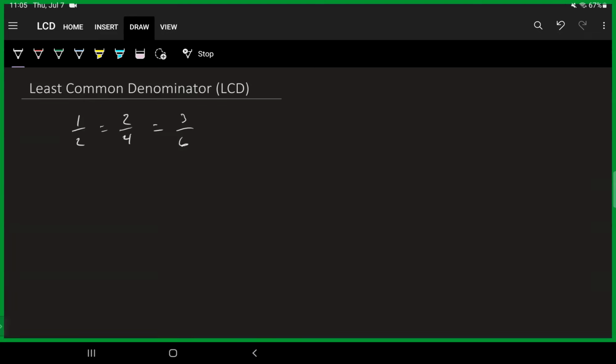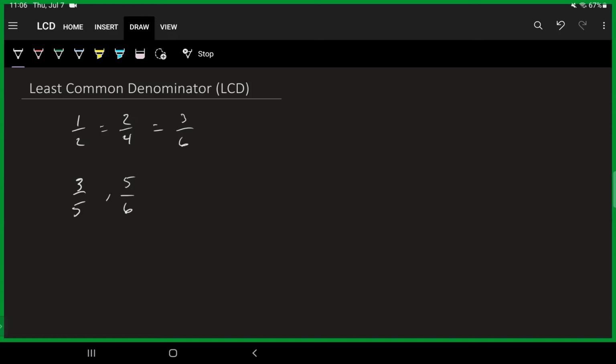So how do we find common denominators? Let's say I'm looking at 3/5 and 5/6. If I want to add these two together, I need a common denominator. 5 and 6 are not the same thing. And so what we need is the lowest common denominator, which is the least common multiple of the denominators. If you look at these, 5 times 6 is 30. And you might say, hey, well, 30 is the LCD. In this case, you'd be correct.